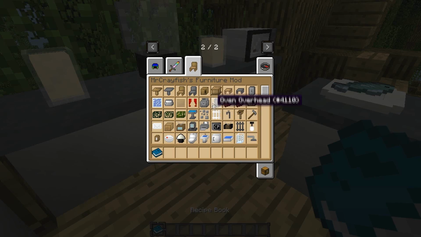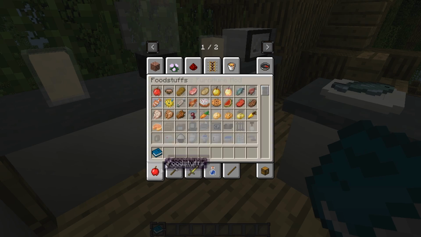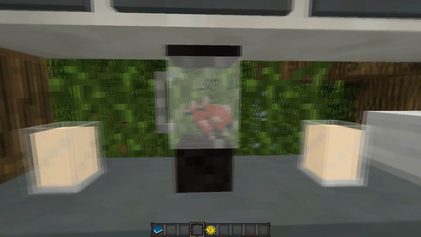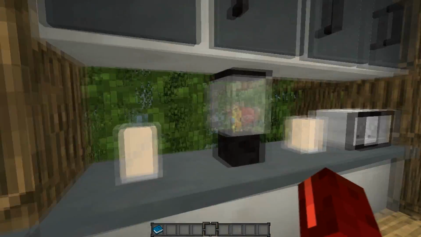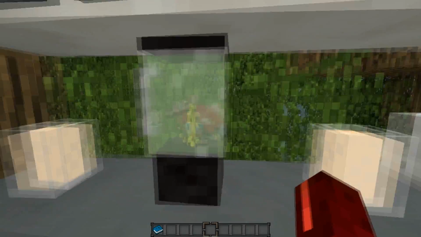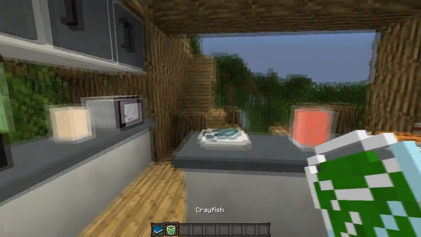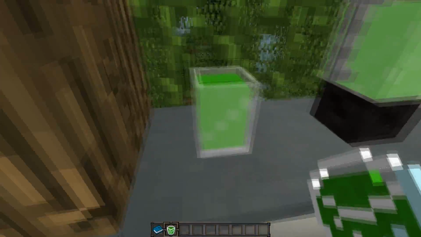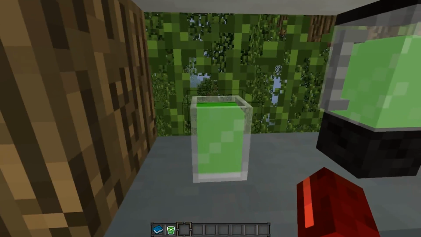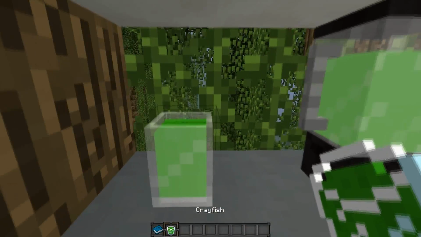Oh my god. So let's do that right now. So 2 salmon and a pufferfish in the blender. It will give us our green goo. If we get a cup, we can simply get our green goo out of there, place that down, and there we go. We've got our blender drink, and that will heal us for 5